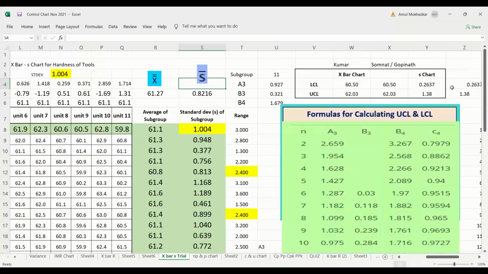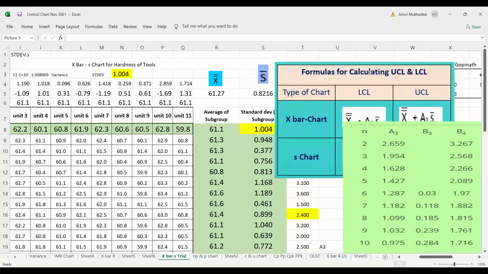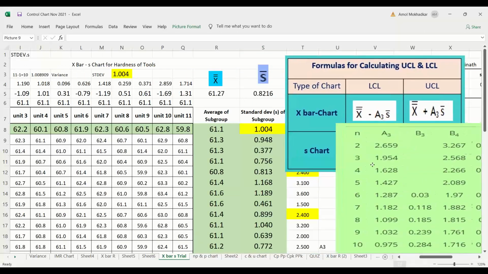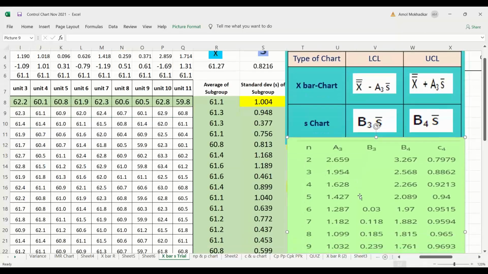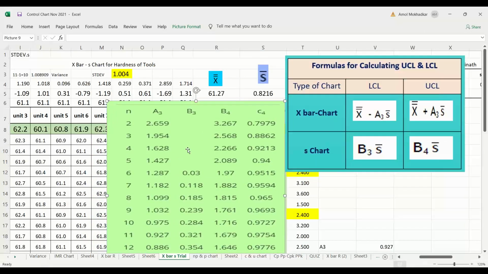Now you have the data, you plot it. So the first thing is that you need to calculate the LCL and UCL based on this data. I am going to put it here. Okay, now you have the formulas. Sorry, you have the formulas, you have the values of X bar, X double bar and S bar. Standard deviation also you have, S double bar also you have.